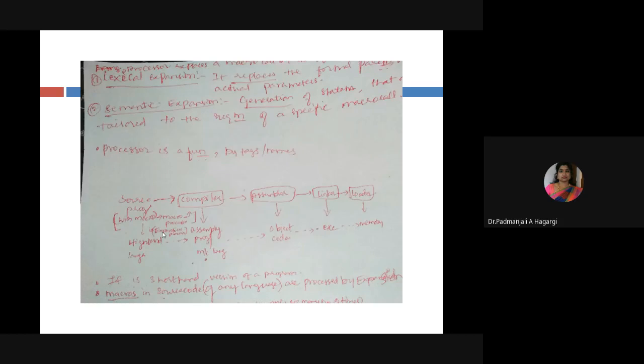So for the convenience of the programmer, instead of writing the same set of code n number of times, he can write it only once and it can be executed. So that is nothing but the macro processor.